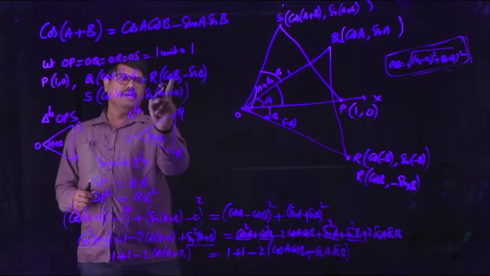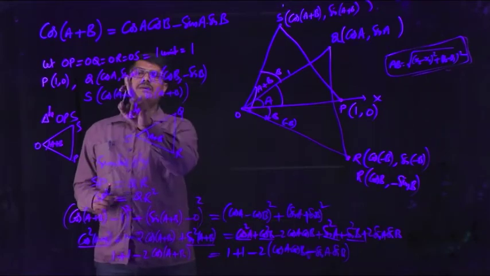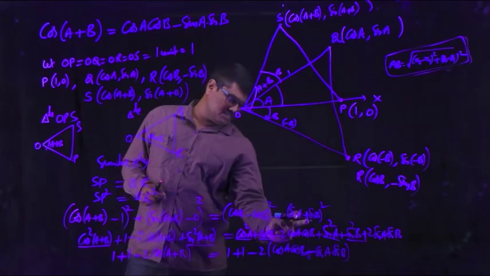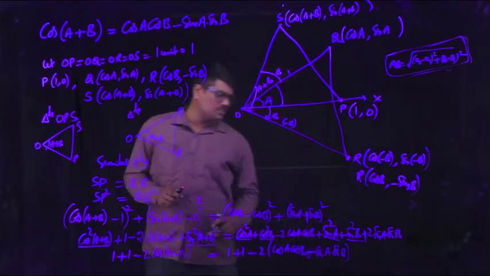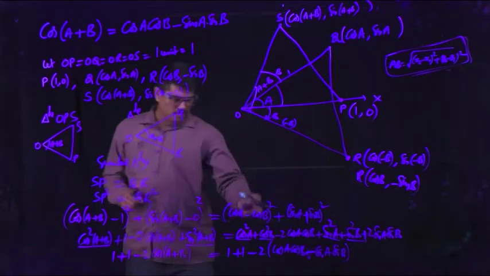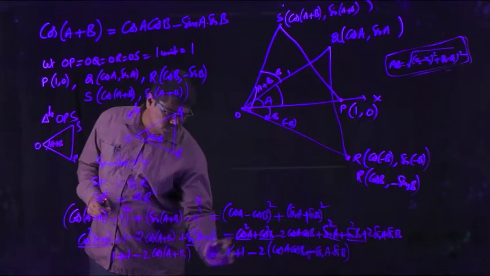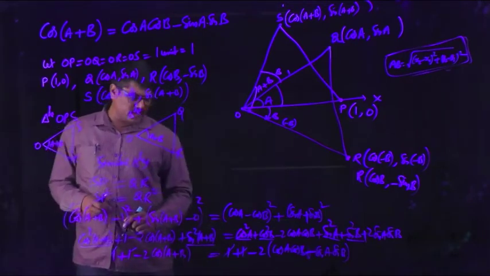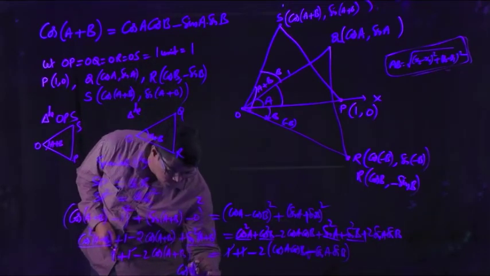Considering cos A minus cos B, x2 minus x1 whole square, cos A minus cos B whole square, y2 minus y1, sin A minus of minus sin B becomes plus sin B whole square. So this is A plus B whole square, A square plus B square plus 2AB. So you will get that one. So here 1 plus 1 is 2, here also 1 plus 1 is 2, you will cancel both sides 1 1, and you will also cancel minus 2 on both sides. So you will get cos of A plus B like this.